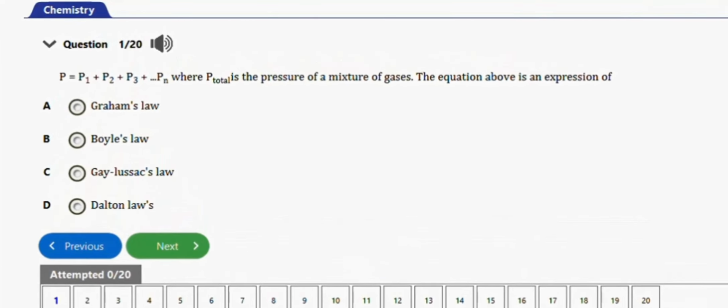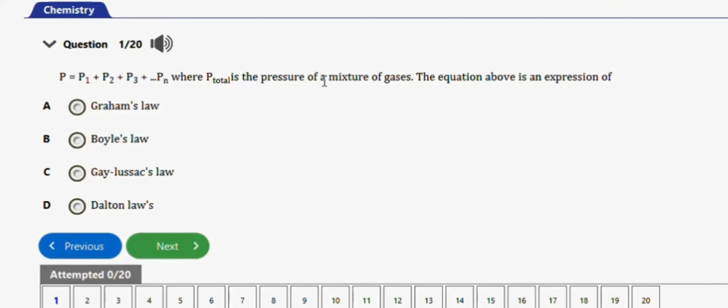In this video, we're going to learn how to solve chemistry problems on the gases. So guys, we have about 17 to 20 repeated questions to practice with in this video. Let's get started. The first question I have here says, if P total equals this addition of pressures, where P total